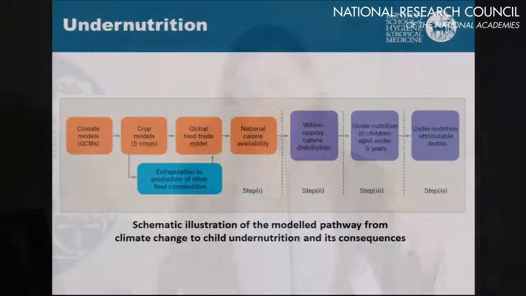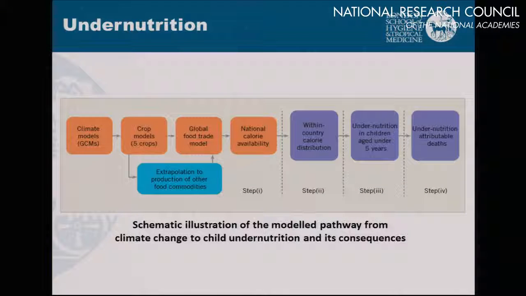So this is now undernutrition, okay? So in terms of the overall impact of climate change, if you model across the outcomes, undernutrition is normally the biggest single contributing burden. And that's because the level of undernutrition within the current population is still so high. But it's a very complex chain. And this is a very complex system. And as people know, current food availability is not the best predictor of current levels of undernutrition. It's poverty, okay?